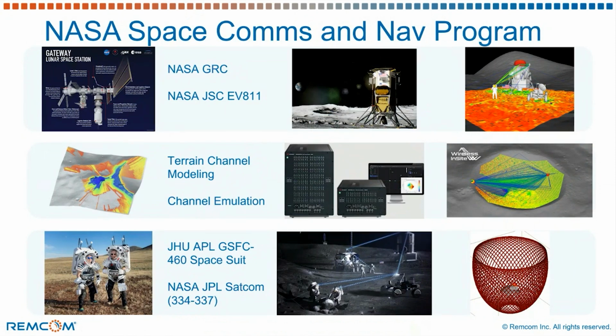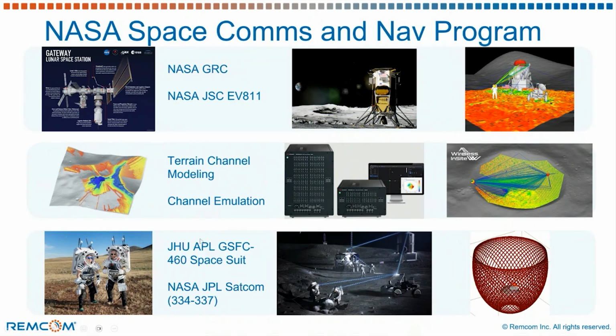NASA has been driving a lot of the next generation innovations in communications with the development of next generation ray tracing, where we have the ability to model communications in complex terrain, including craters, and the ability to model complex physics, namely surface waves over terrain, and providing these services to NASA under the Small Business Innovative Research Grants and the awards that Remcom has been given over the past few years to be able to model, simulate, and develop communications for very difficult conditions that are presented on the lunar terrain.